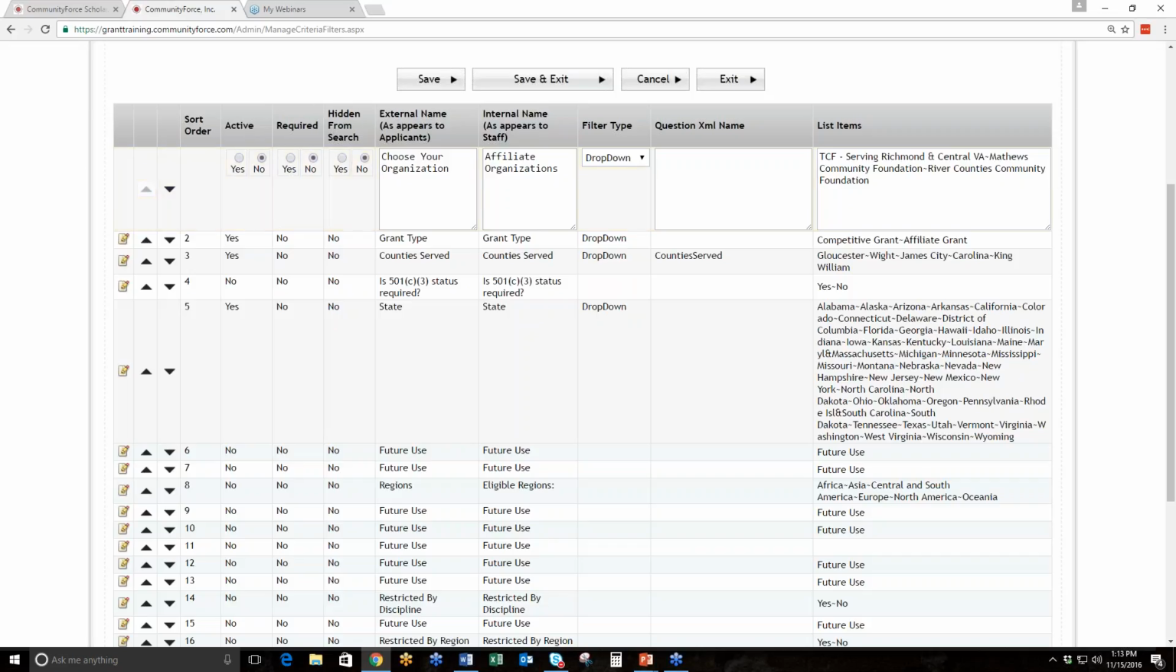And then you also can use search filters for internal purposes. So let's say you wanted to create some search filters that were for internal purposes that only staff see. You could do that by not activating it and then hiding it from that search screen, so that you could tag it on the funding source, but then not have it available for your applicants to search on,